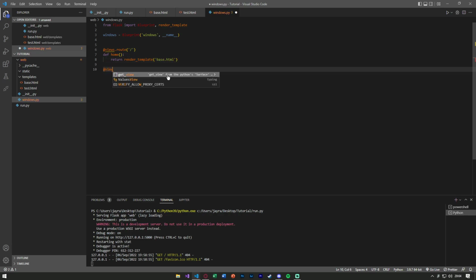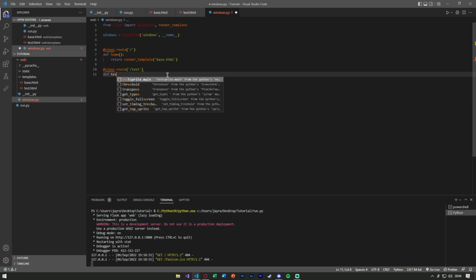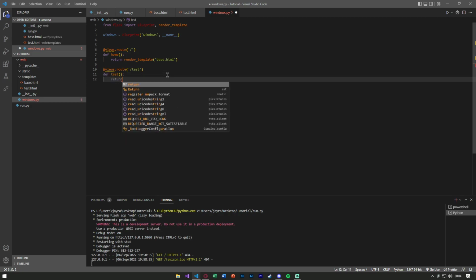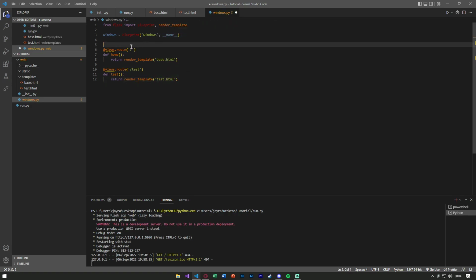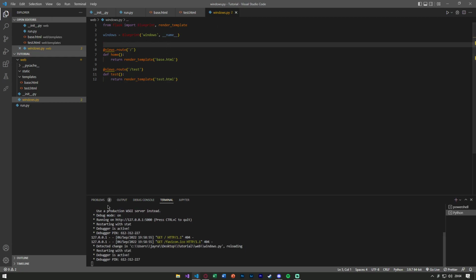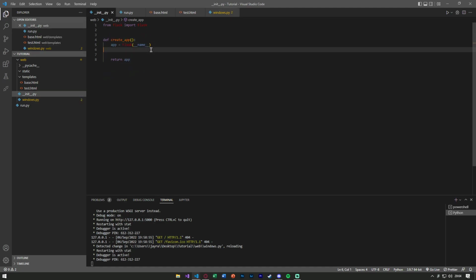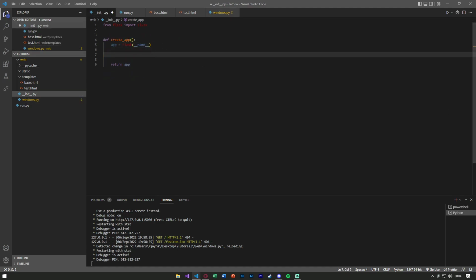And let's say one more, views.route, and this is going to be for our test one. And let's say def test is just return render_template test.html. Now, before we can just start this or see if this works on our server, we need to go back and initialize these blueprints we just created. In order to initialize the blueprints we just created, we're going to go into our init file, and underneath here we're going to write